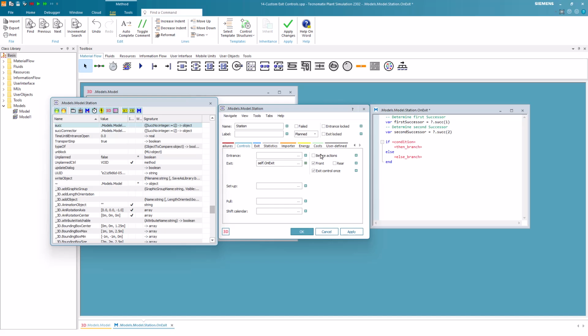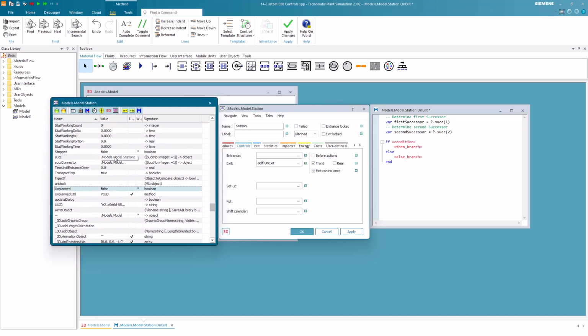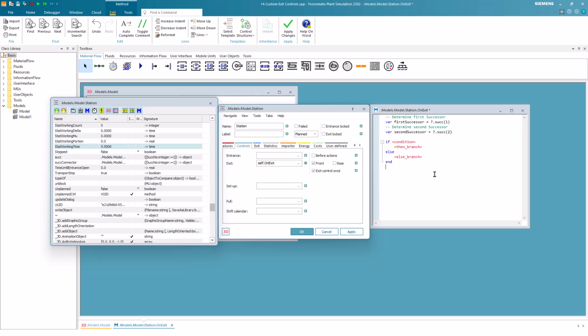So we again look into the F8 dialog. If we scroll a bit up, we can see the attribute stat working time. This attribute gives us the total working time of the station. So now we have all attributes we need to finish our exit control. So we again switch back to the control. In the condition part, we now compare the total working times of the stations.